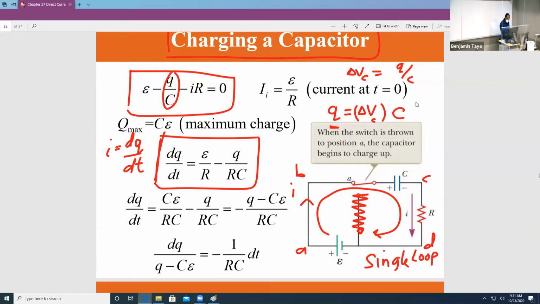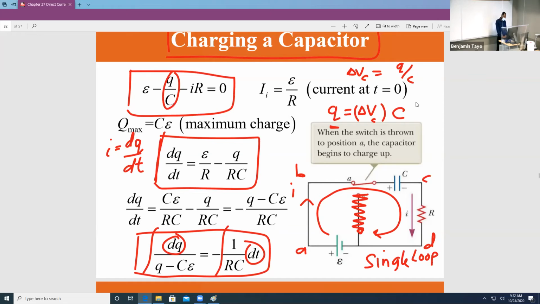Now, this type of equation here is called a differential equation. So basically, you can solve this equation by doing a separation of variables here. So you rearrange the equation in such a way that you have the Q on one side and you have the T on the other side. Then you can go ahead and integrate both sides. And when you take that integral,